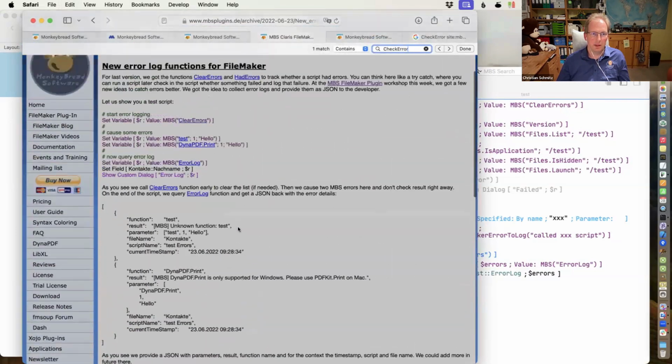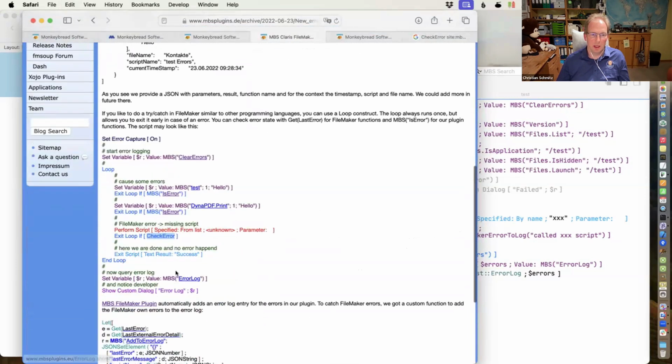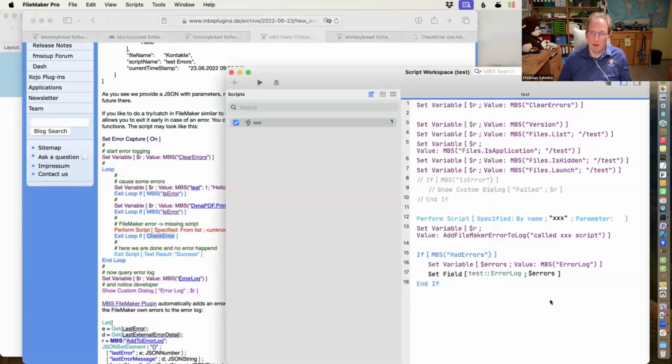No, we don't have it here. So the idea was to have a custom function to check if there was an error. If there was an error, we exit the loop, and this is a script running with just one loop. So exit loop allows us basically to exit this block at any time and then continue below with our error handling. And the check error custom function will just check if get last error isn't empty and then log it.